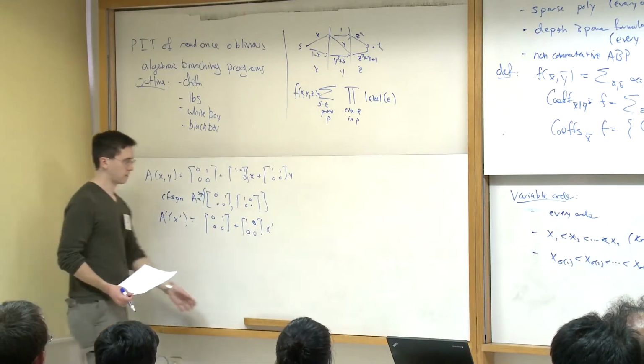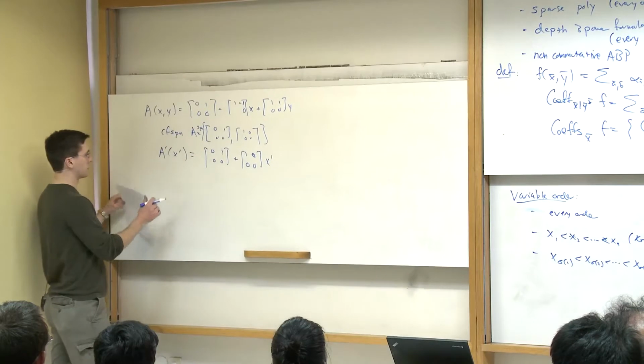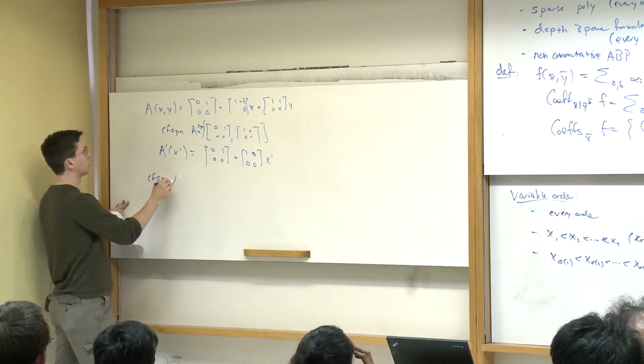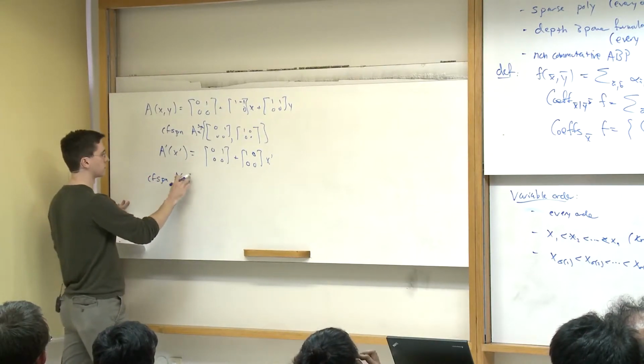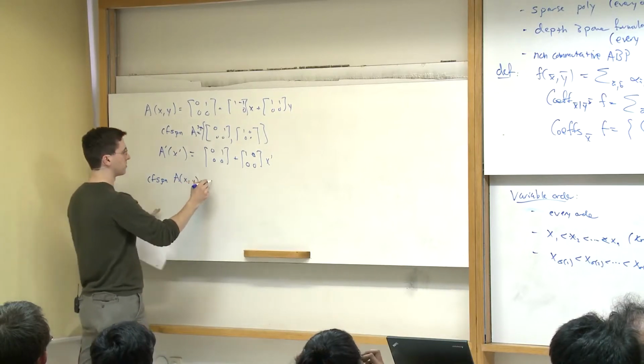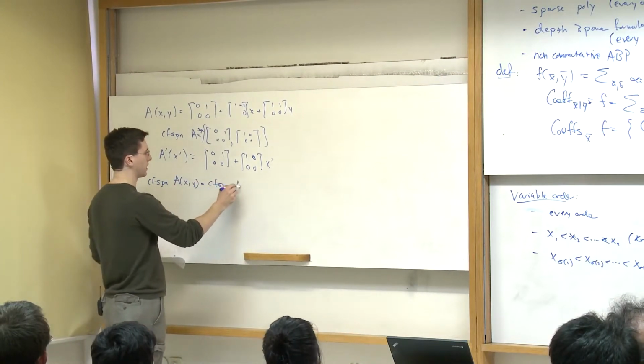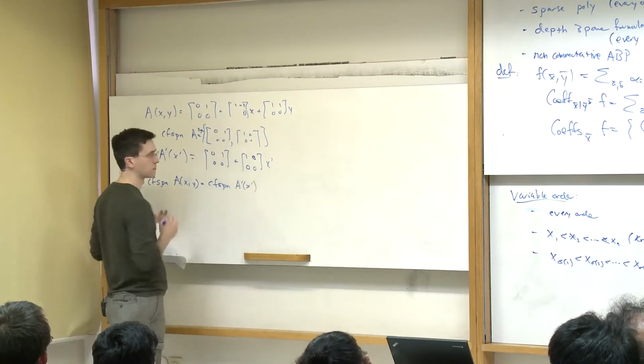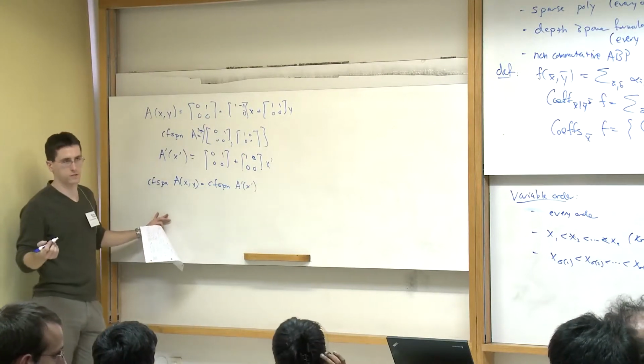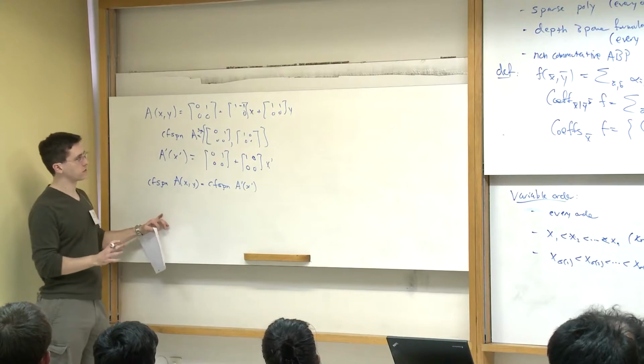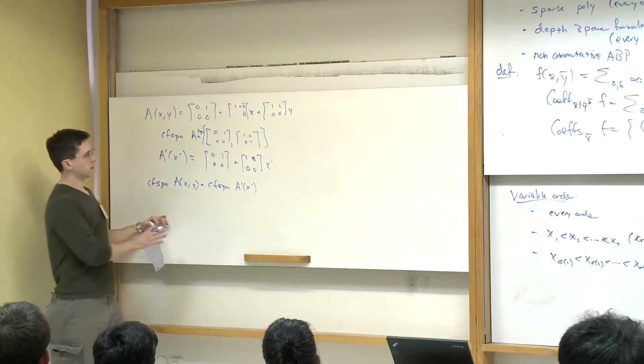Okay, I want to claim that the coefficient span of A of x, y is equal to the coefficient span of A prime of x prime. I mean, this is sort of obvious by definition, right? But the beauty of this whole point is that